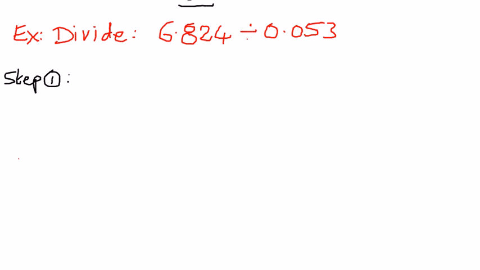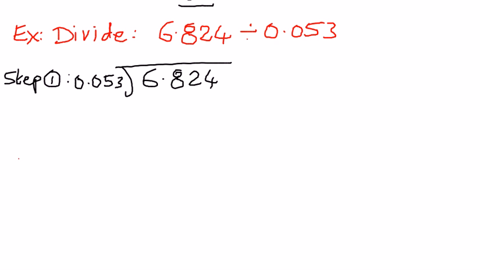Step number 1, we have 6.824 divided by 0.053. So now we want to make this 0.053 a whole number, and therefore we're going to multiply that